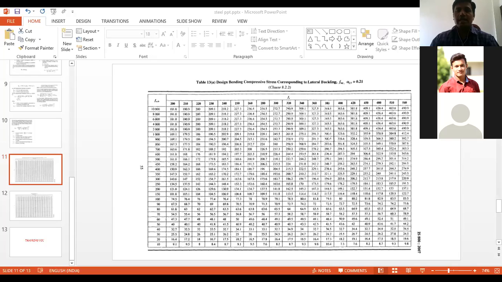Then our last step is to check for the shear resistance. Check for the shear resistance will be calculated using this formula: Fw equals B1 minus N1 into Tw, into Fw upon gamma m0. Now B1 is given in IS 800.